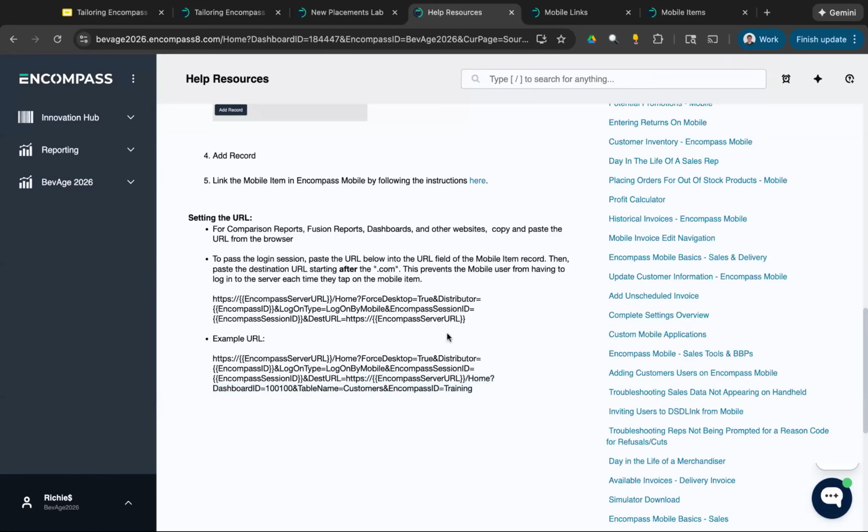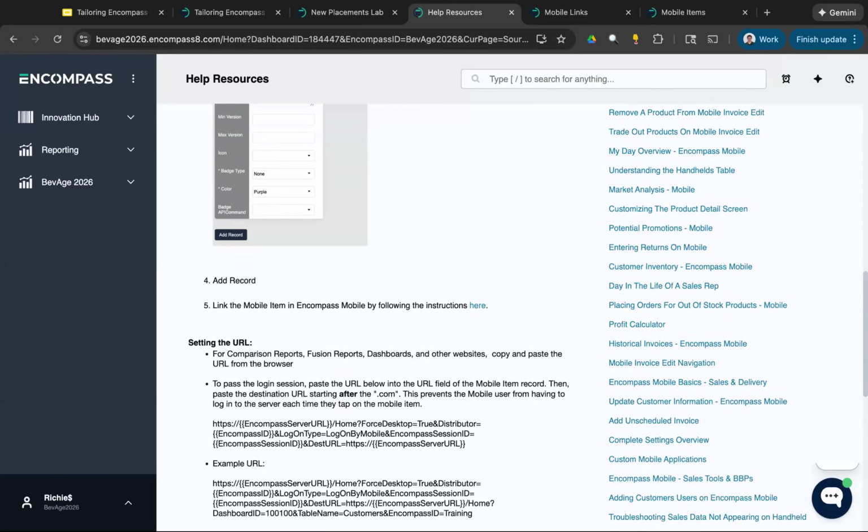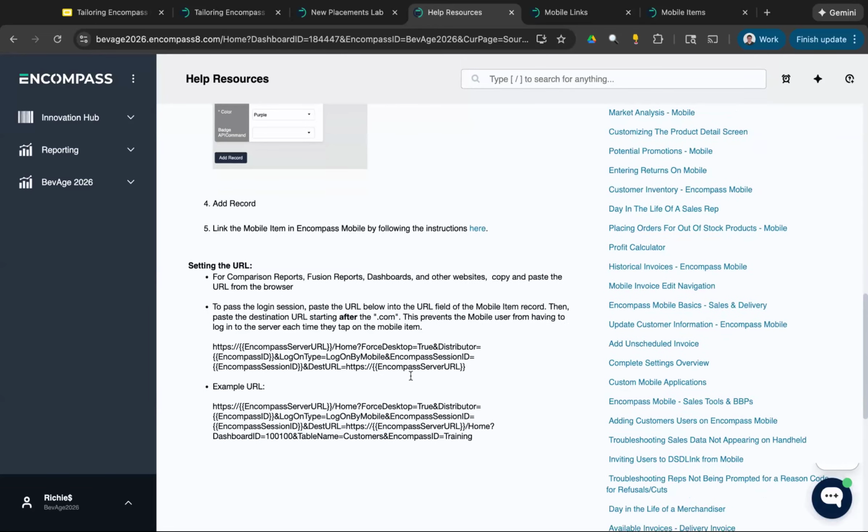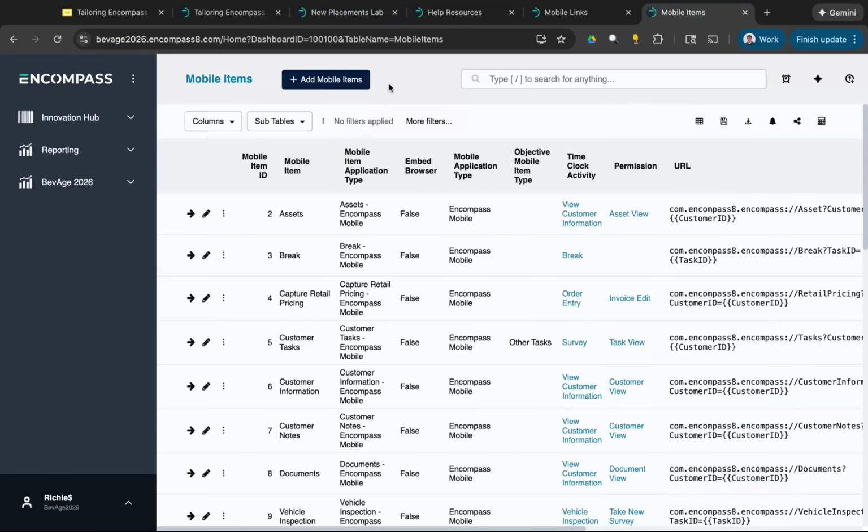So I'm going to get that from my report and attach it to the URL here in just a second. But I wanted to give a little explanation of why we are pointing this out, and it is to, again, force them to not log in again. So now with this knowledge and this report saved, we can return to our mobile item, and we're going to